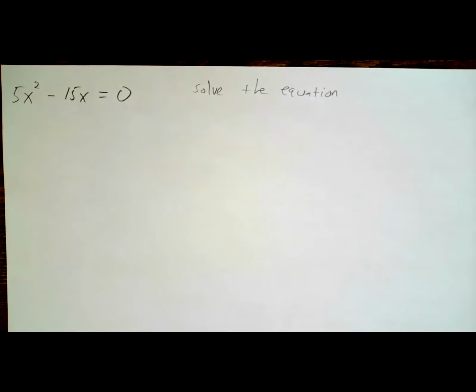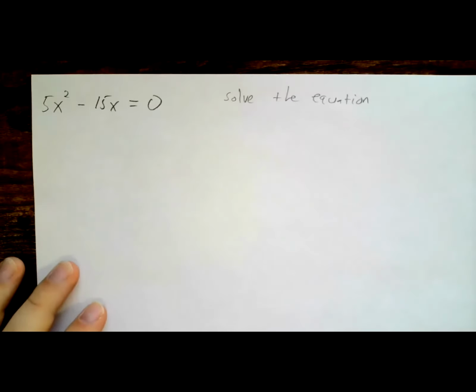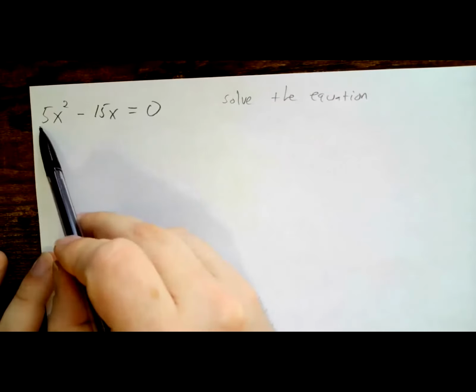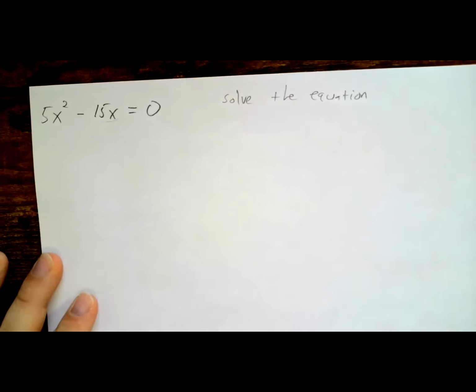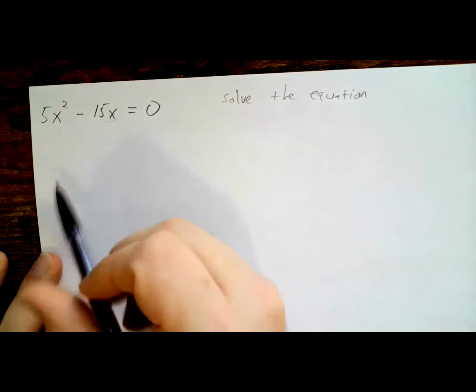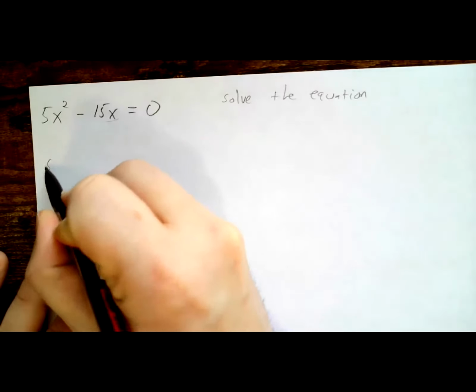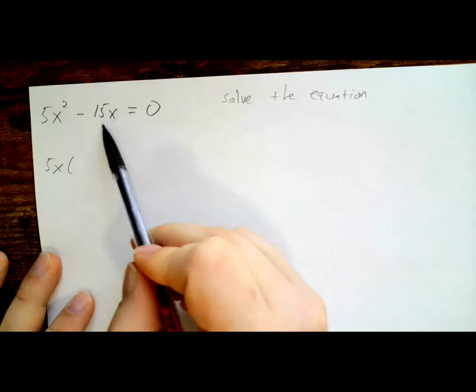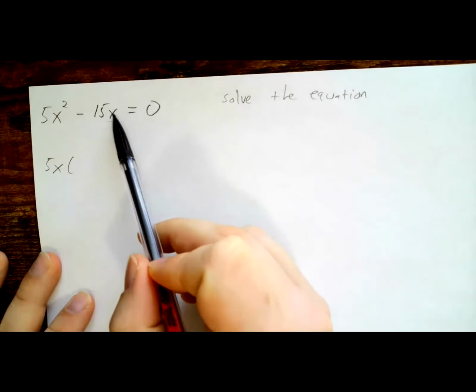Okay, after giving you a little bit of time, the way I'd like to solve this, the way we learned how to solve this last time, was to say, look, what can we factor out from both terms? And from the first term, I'm seeing 5 times x. I'm seeing that in both terms because 15 is 5 times 3, and I'm seeing an x